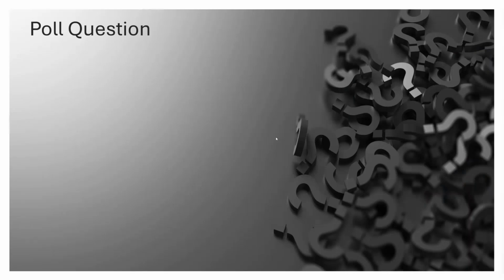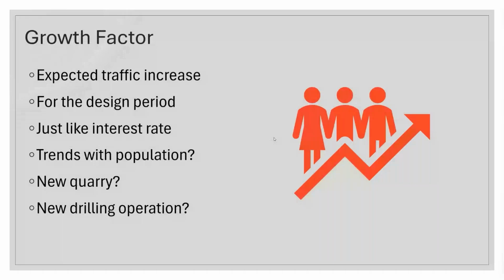Now, population growth is important because it relates to traffic growth. The more people there are, the more people going places. We have to figure out what that growth factor is, because that's going to tell us our expected increased levels of traffic, and that's going to be for the design period. So think of it like money in the bank, and you get a loan and you pay a particular percent interest for a certain time period. Those same types of calculations are going to be used for growth rates for population and for traffic.